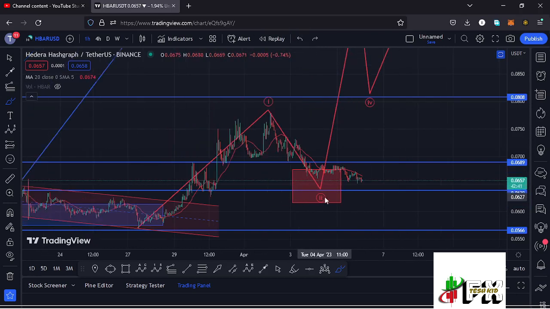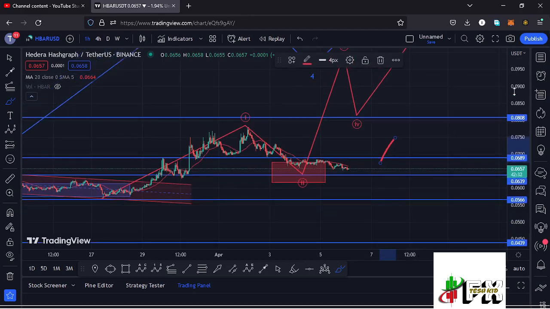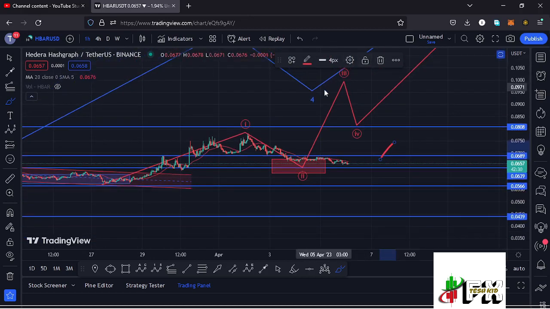and there are high chances that we might have now bottomed out in the formation of this wave 2, and we are now ready for that massive run up to the upper side in the formation of this wave 3, and all that is playing out after we fully peaked in the formation of these larger Elliott wave count 1 to the upper side. And before I get further into the technical analysis to give you the short-term scenarios and